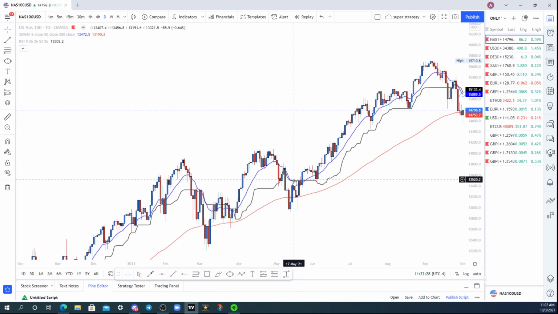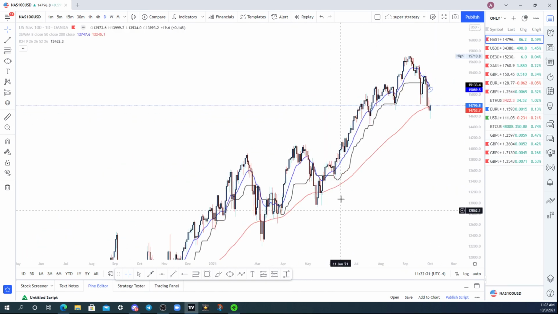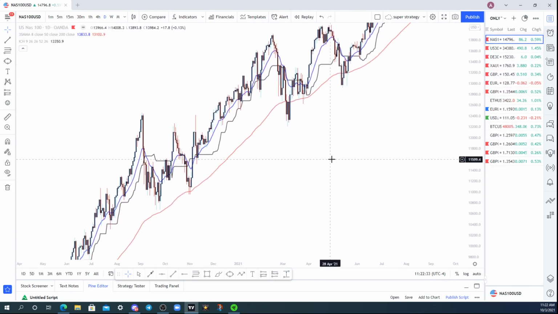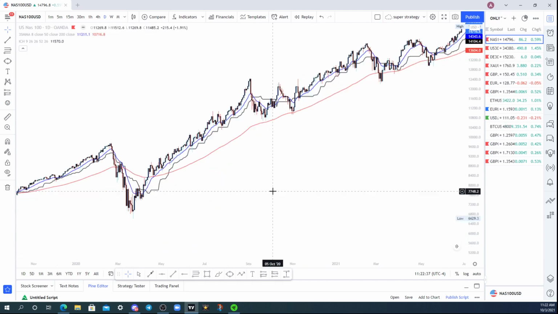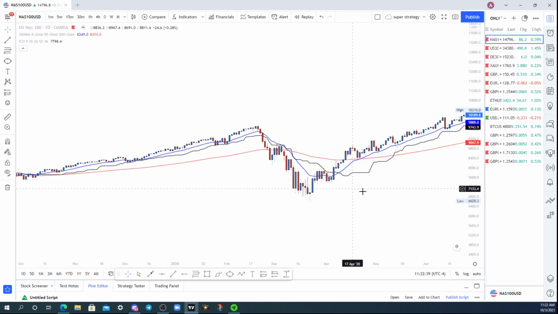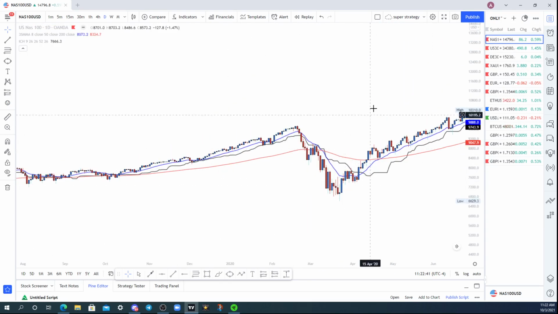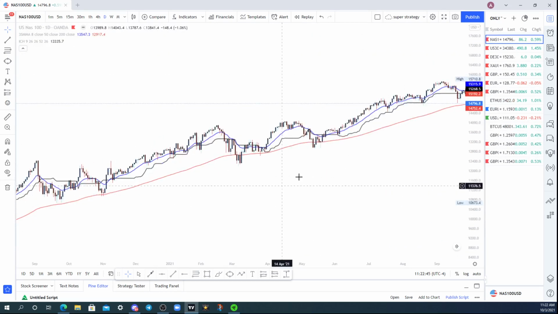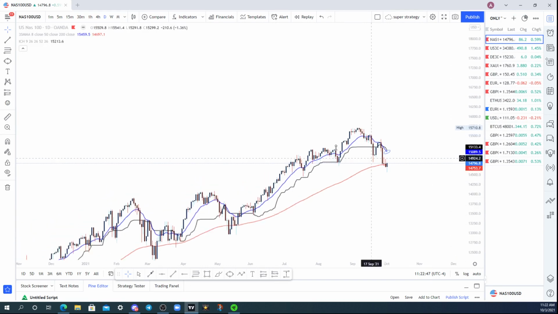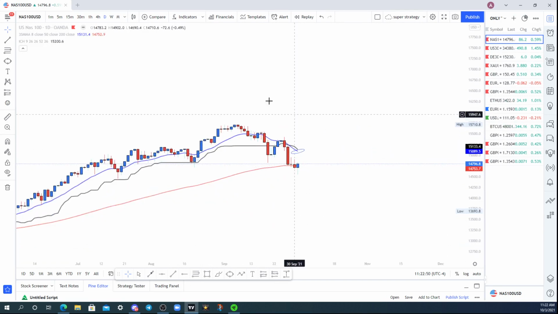So now we do need to see if we do hold this 50 SMA or if we start to break the 50 SMA. If we do start to break the 50 SMA, as you guys can see, these indices, once they break this 50 SMA, guys, we really take a big hit. This was coronavirus. So this 50 SMA really is respected here. So I am willing to take some longs here on NAS 100.